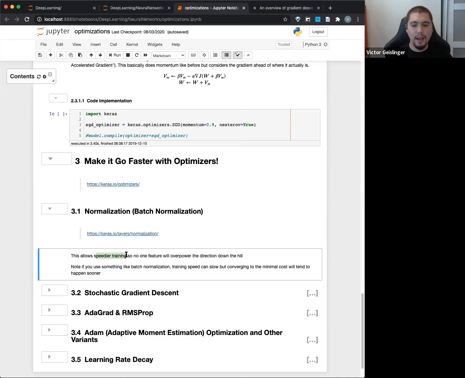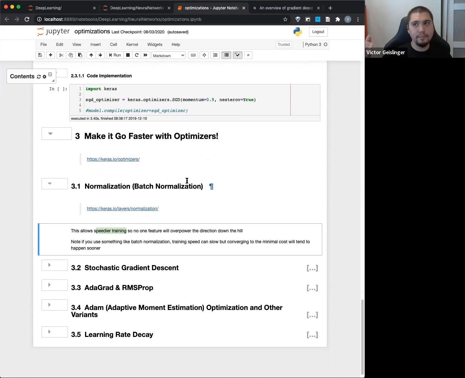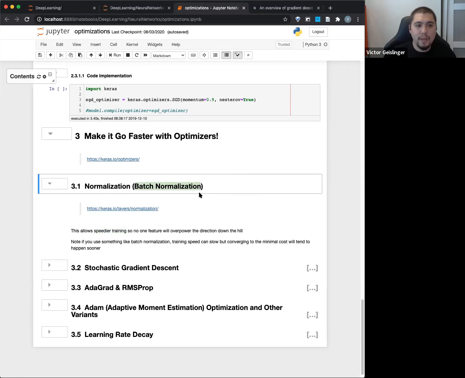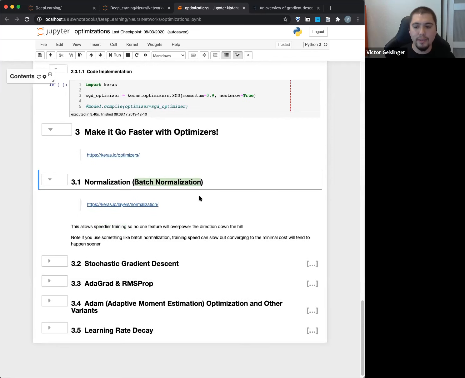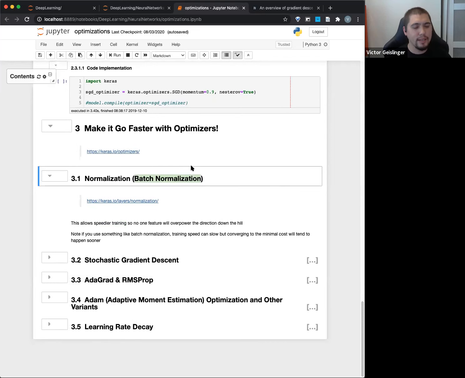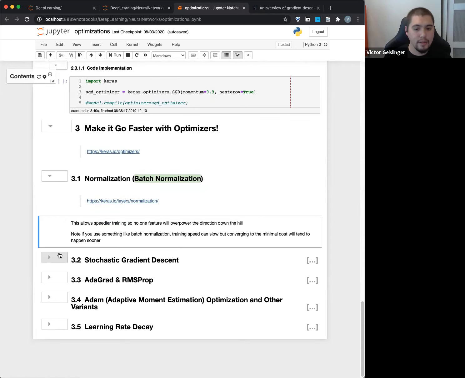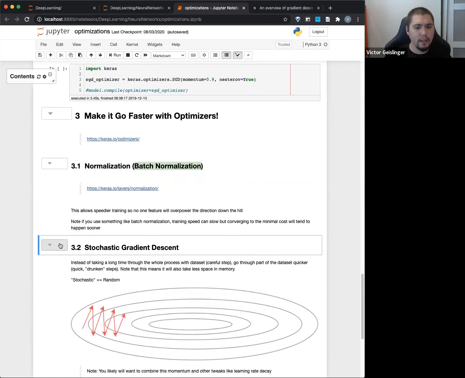So in general, batch normalization is just a good thing to have in your neural network itself. But of course, there is some recent research questioning whether we should or not. My suggestion is I always use batch normalization when possible. There's not really too much of a trade-off to it, and it usually does pretty well. Okay, so anyway, that's pretty quick. I'm not going to go into the full details of how that works because I think we don't need to talk about it in a lot of detail.